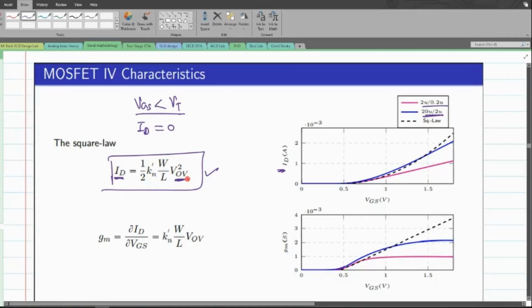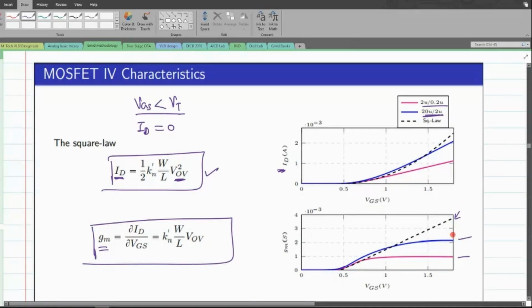Also, we know that the transconductance is the derivative of the output current with respect to the control input voltage, which in this case is VGS. So when we try to plot it, you could see that there is a tremendous difference between the square law model and either a large channel or even a shorter channel. You could see that there is a huge difference between these two. I hope that it makes sense. The gm value that we have predicted through the square law model is getting far away from what is actually happening in the circuit, when we try to plot them for the real device.